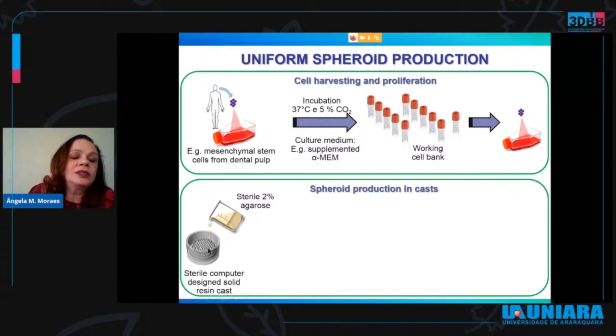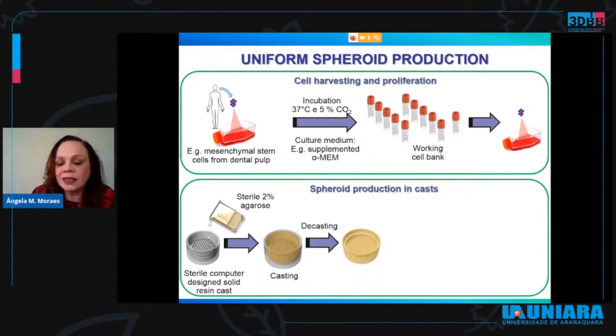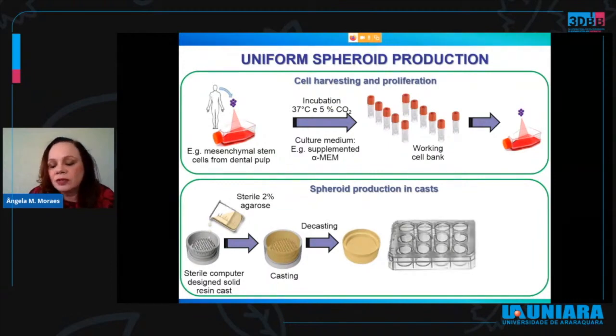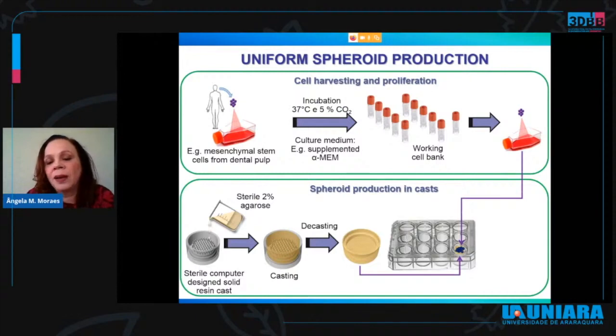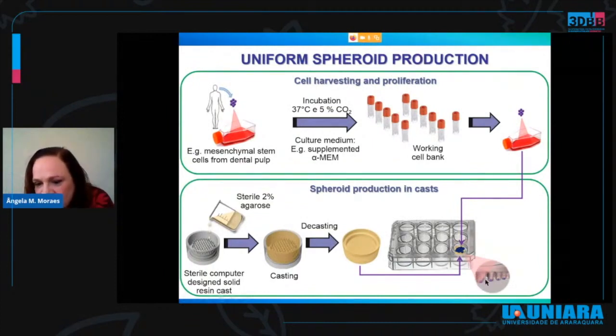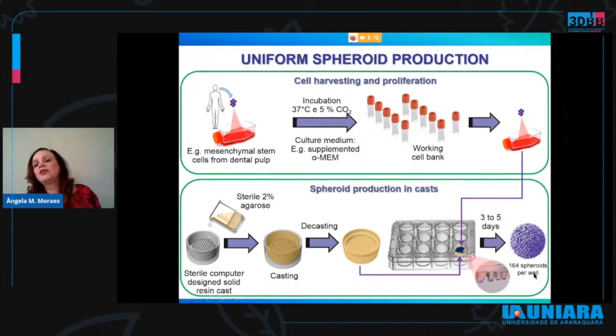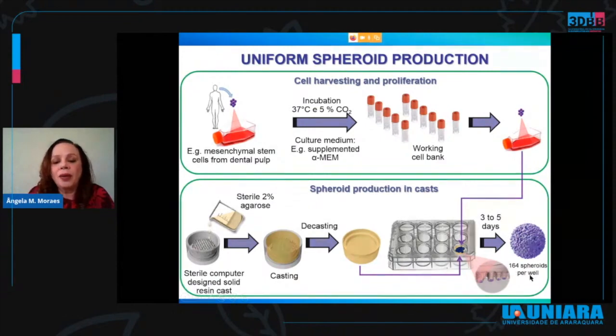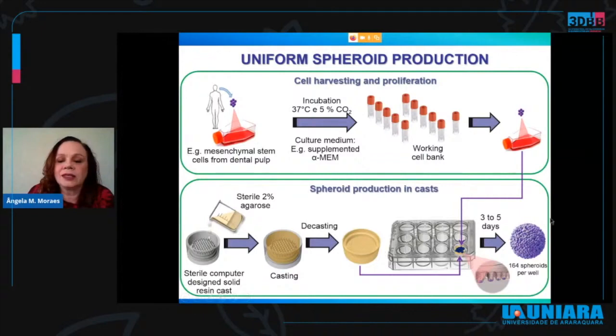We had the mold produced in a resin cast, to which we would pour a sterile agarose solution. Agarose is, as I already mentioned, a polysaccharide too. And then we would have this material being casted inside this resin cast, like in a negative cast. We would decast it, and then we would transfer that to a multi-well plate together with the cells. And after, here we can see the cells deposited in the microcavities. And after 3 to 5 days, we would obtain about 164 spheroids per well of these agarose